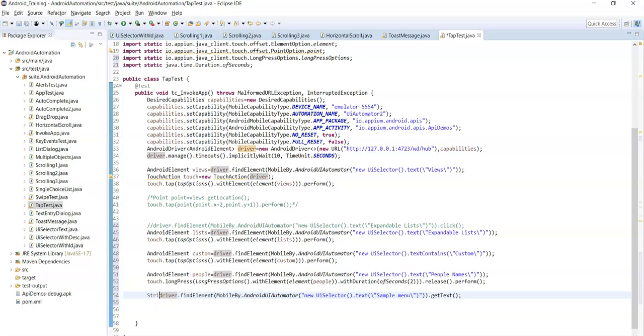So we need to hold that message in a string variable, string message. Now print it on the console. Message. Okay. Now let's run the script and see whether the long press action is performed on that element or not.